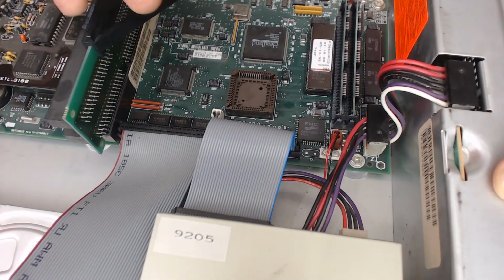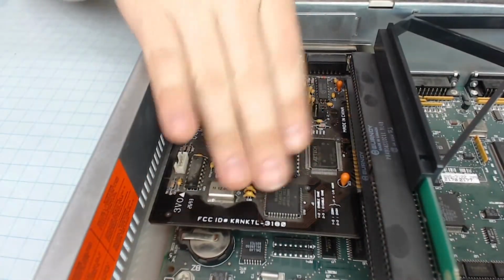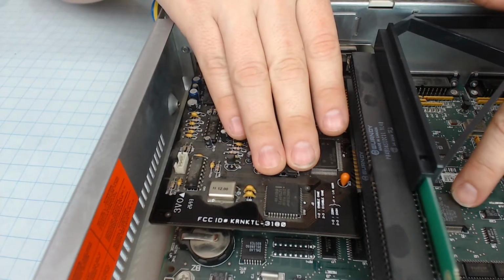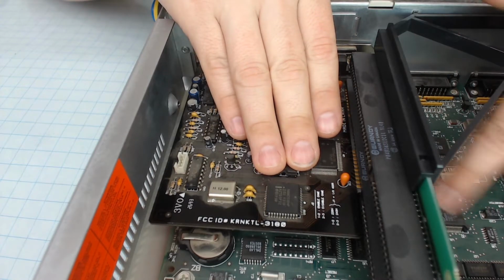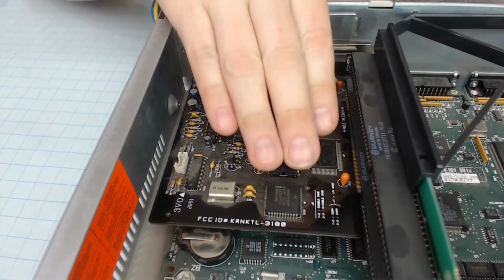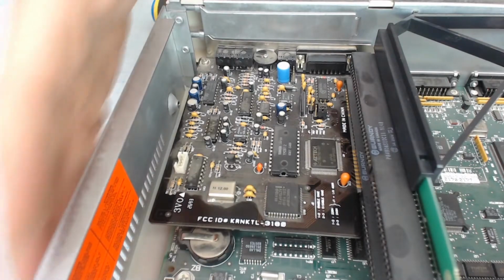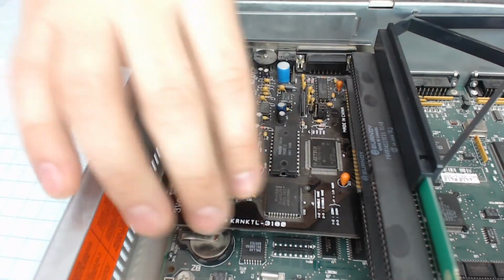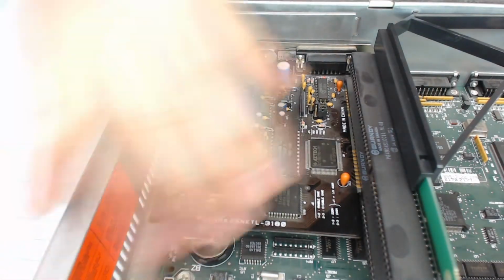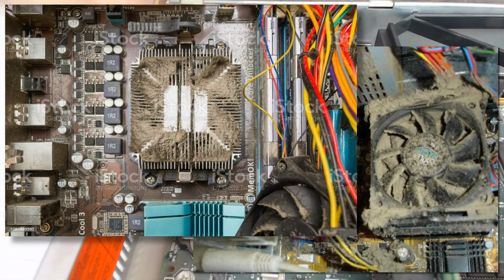Let's move over to the other side. So things are a little dusty here. One of the things you may have noticed is that there's no forced cooling. Even the CPU on this side is just a chip. It ran cool enough that we didn't need a fan, and there's no case fan. There's not even a power supply fan. The only ventilation was through the sides and some in the front, but no fan to push or pull air. And so the only dirt and dust that got in here was just a natural flow of air through the machine. And that's why it's not covered or caked or something you would normally find in a machine with forced